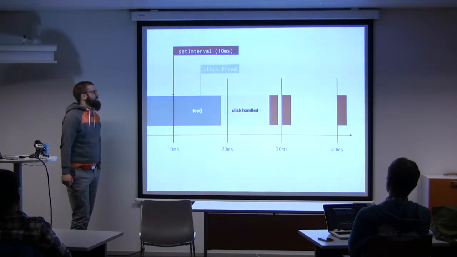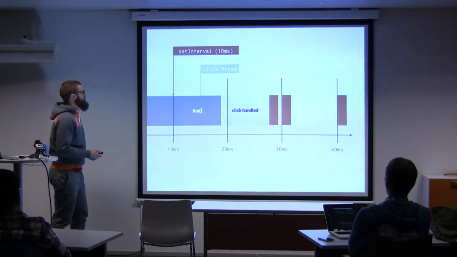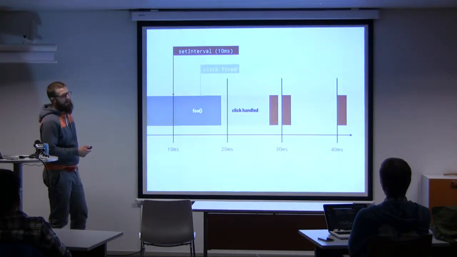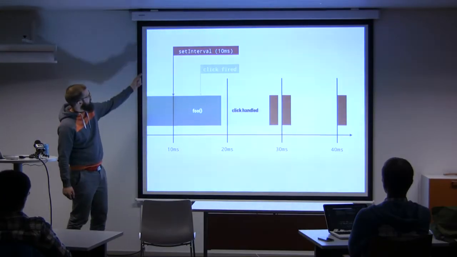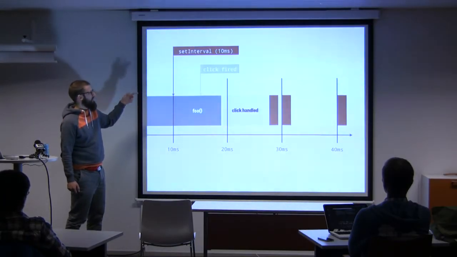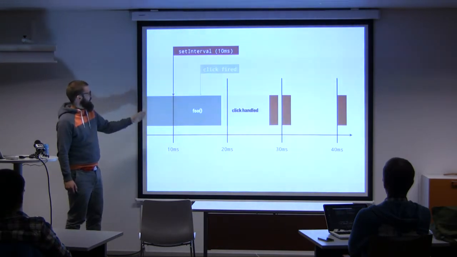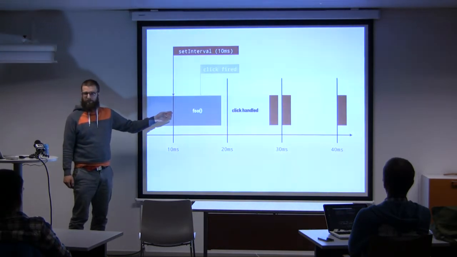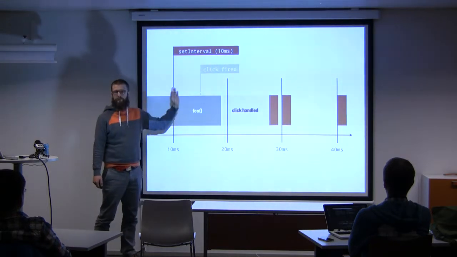How does JavaScript execute code? Yeah, have you seen this type of graphic before? And why is setInterval not a good way to animate things? You have a function that is being currently executed here, foo, and at this point we are setting an interval to call a callback every 10 milliseconds. At this point, the function is still being executed. So since JavaScript is single-threaded, it's going to wait for the next possibility